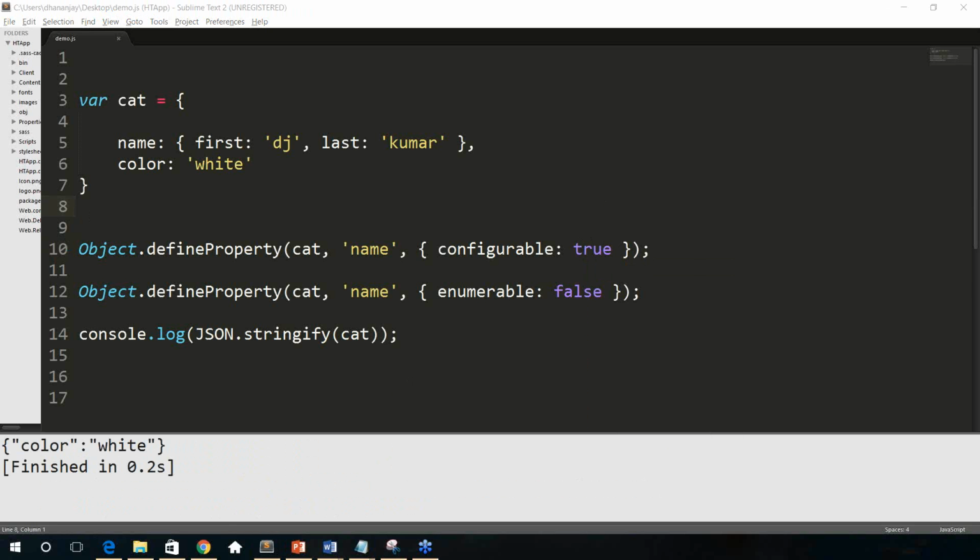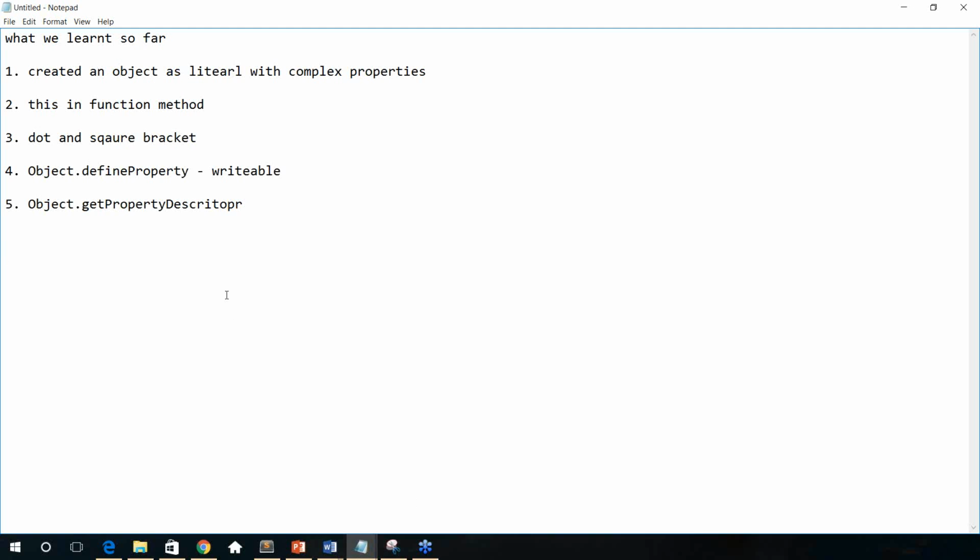Okay, so this is good. Let us move further. I'll go here and write that we have learned about Object.keys. We learned about configurable. We learned about enumerable, and enumerable is something which I personally use many times in my project, right? I have a complex object and I don't want every property of that object to be converted to JSON, which I need to send somewhere. I use enumerable, and that is very handy. Great. So we have covered almost everything in